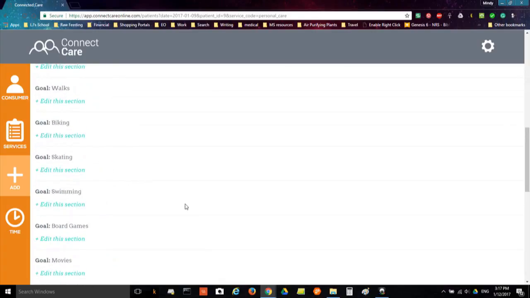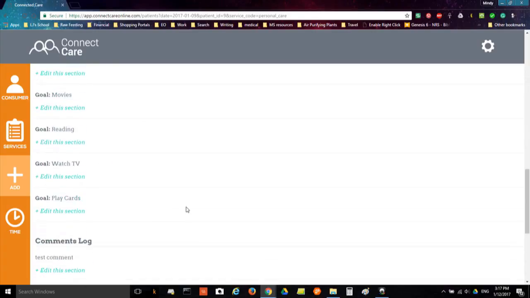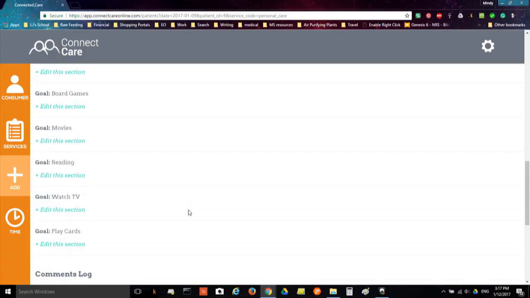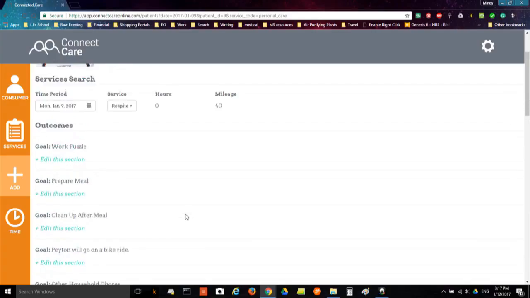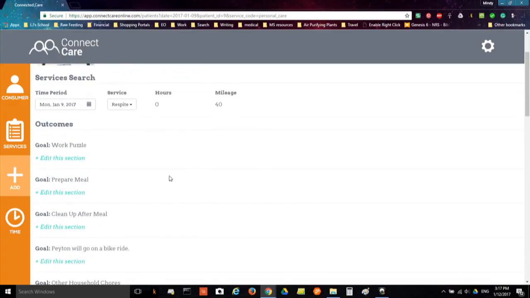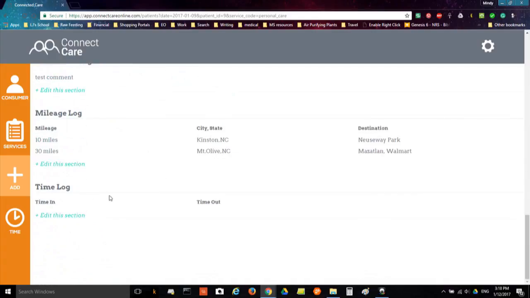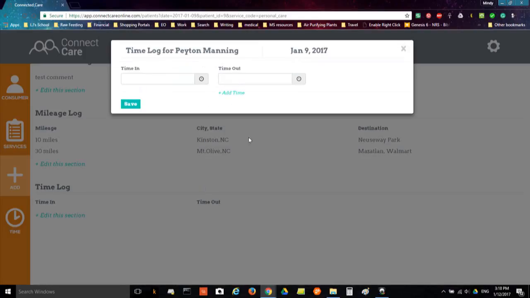So what you want to do here is only document on the things that you actually did. Respite, just like any other service, you have to document on at least one of the goals before it will allow you to enter a time in, time out. In fact, let's show y'all that error here. If we try to just go straight down to the time log and enter a time in and time out